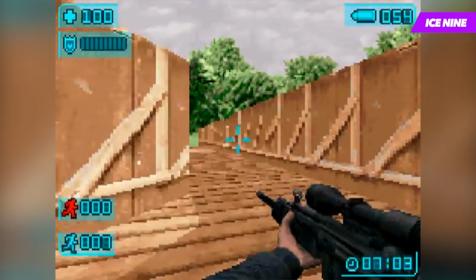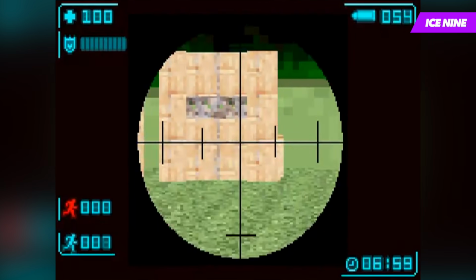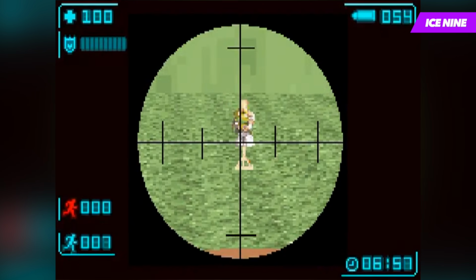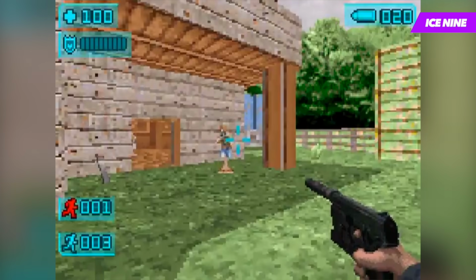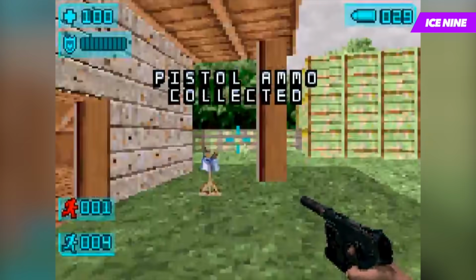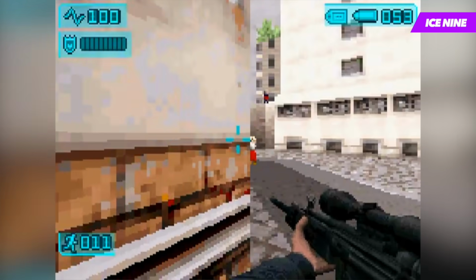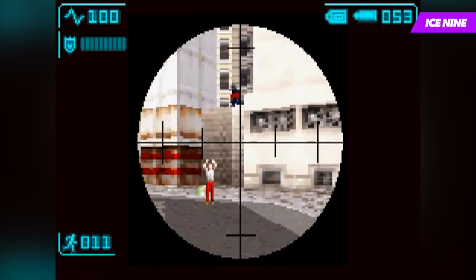It sees you filling the role of an elite agent known as Tom Carter, who's tasked with putting a stop to an evil plot to steal a computer virus which has the potential to disrupt every device on the planet. Now, it's not the most original of plots by any means, but there are a couple of things that the game gets right. The first being the gameplay,